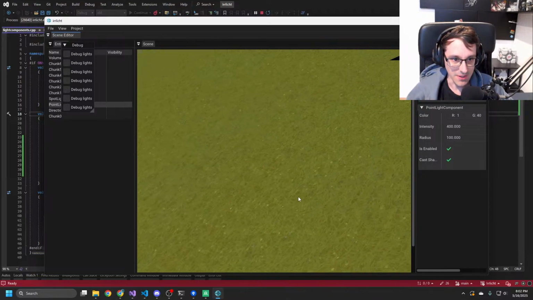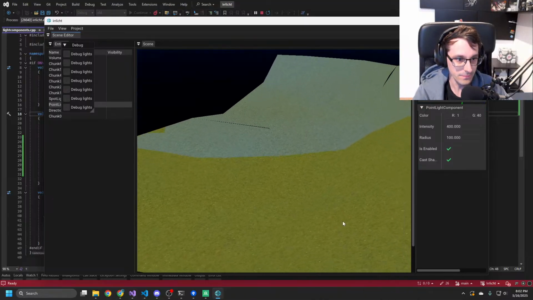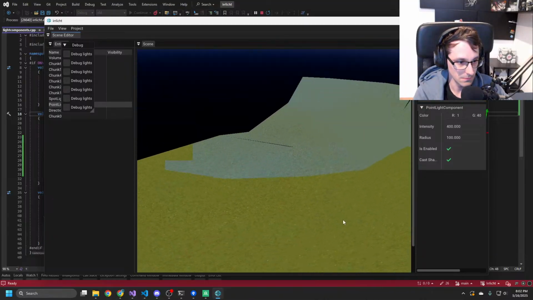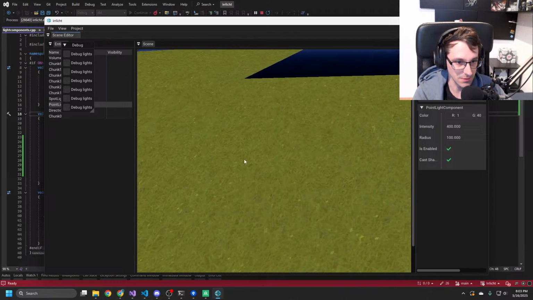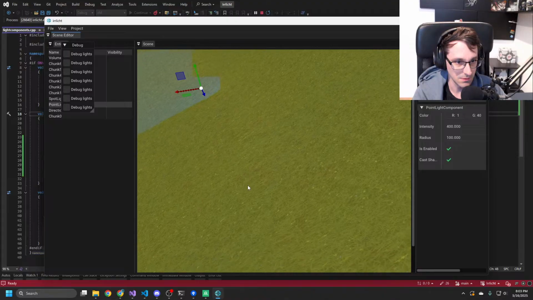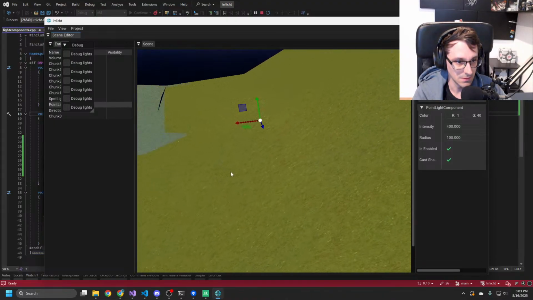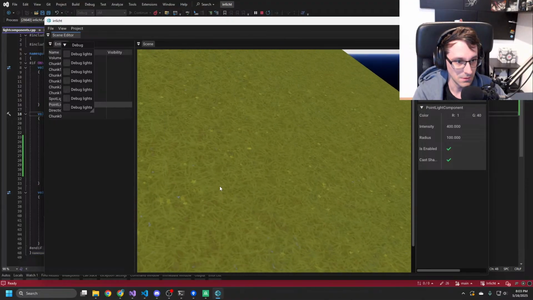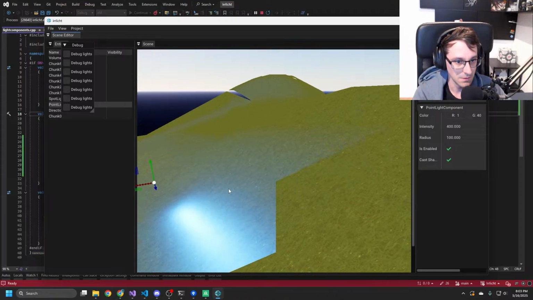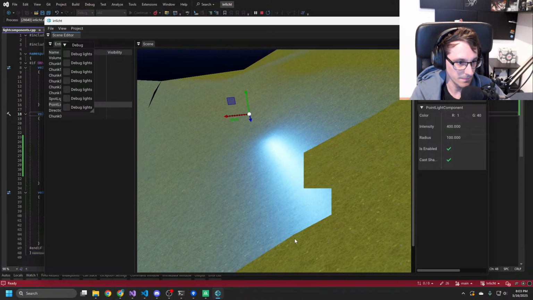I'm getting the feeling that I'm somehow rotating the frustum wrong or something like that, I don't know. It's weird.